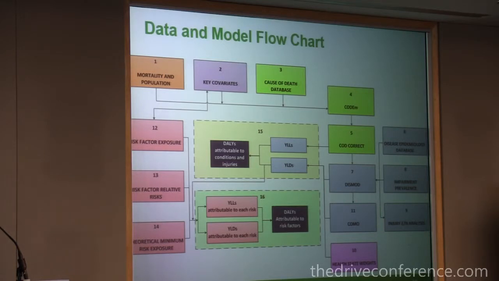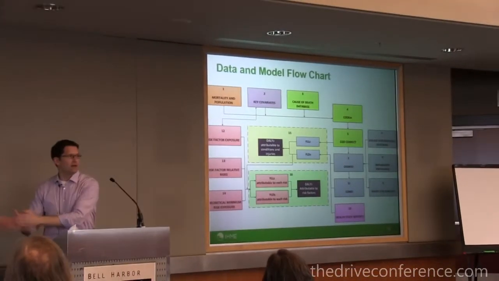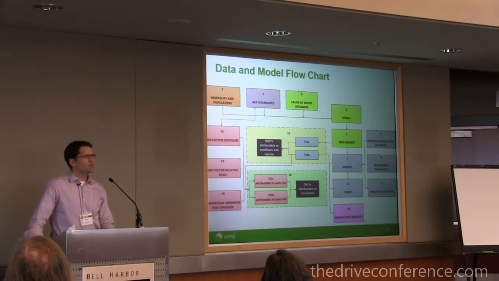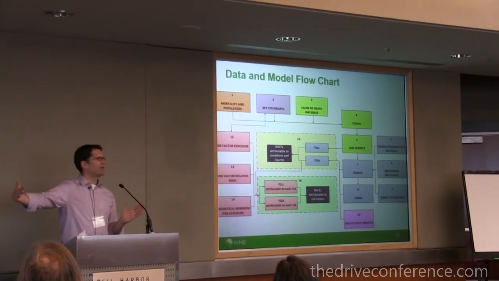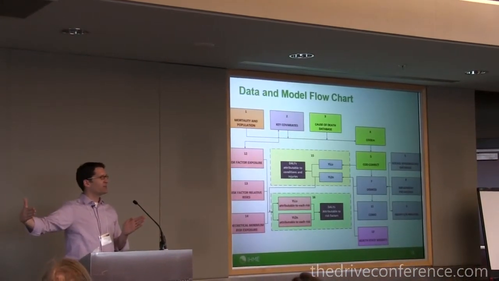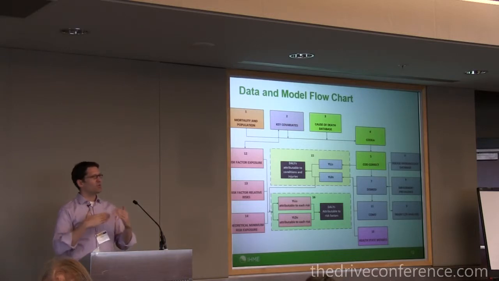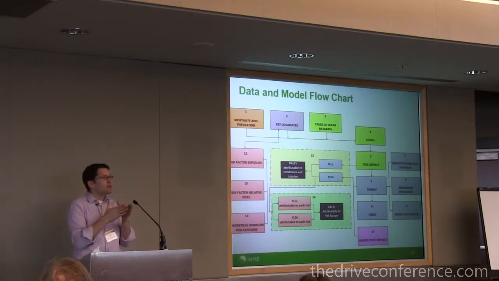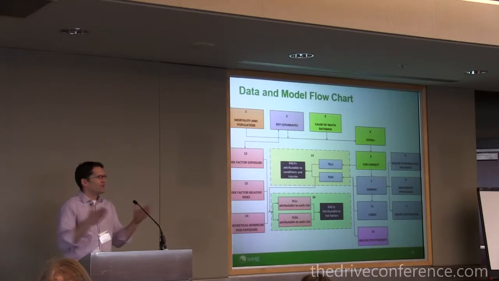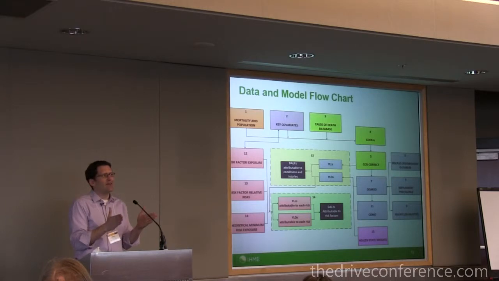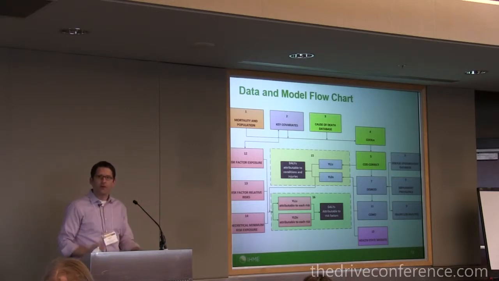So if you go around and you ask AIDS researchers and TB researchers and malaria researchers and cancer researchers, and you add up all those deaths, you're going to have way more than the number of people that actually die in a given year, right? So we actually squeeze and make sure that every death is only counted once. And it's one of the reasons why a lot of our estimates will be quite different from what disease-specific research will give you, because nobody else has really the possibility of squeezing things through what we call a mortality envelope, and kind of framing or putting borders in terms of our estimates.